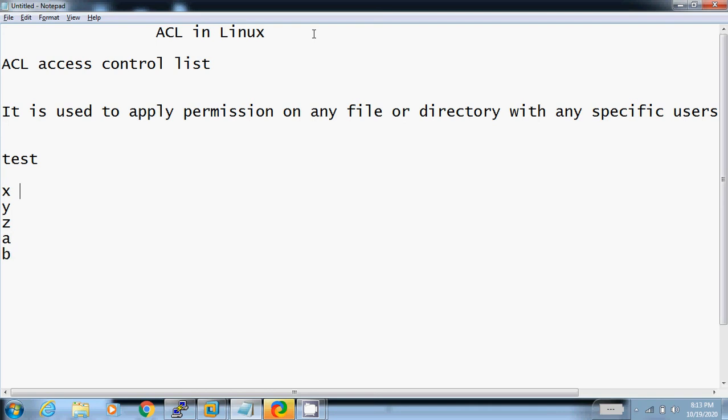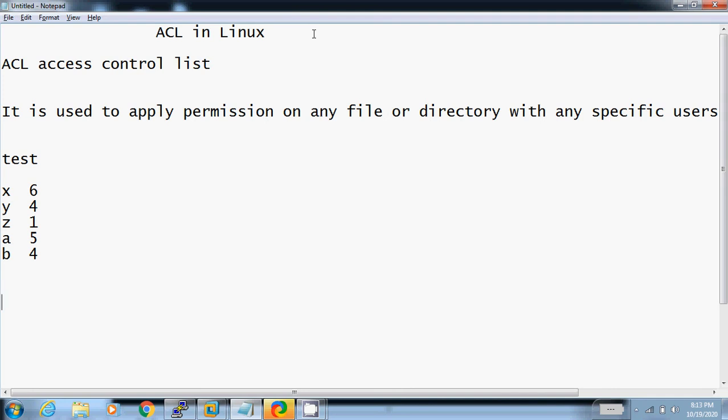X has permission 6 for the file, y has permission 4, z has permission 1, a has permission 5, and b has permission 4. So in this case I will use ACL to apply the permissions.